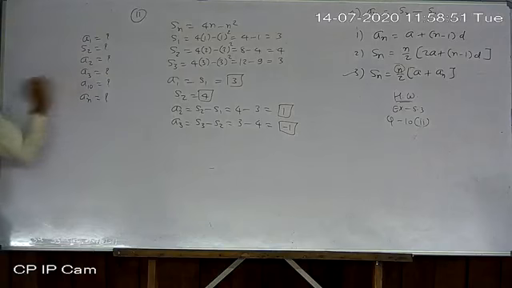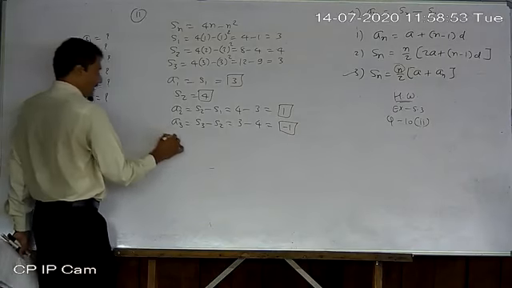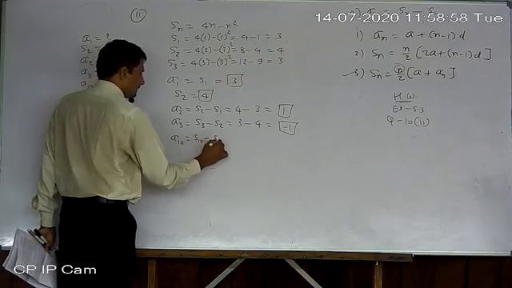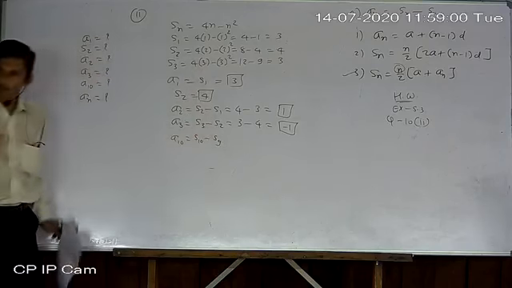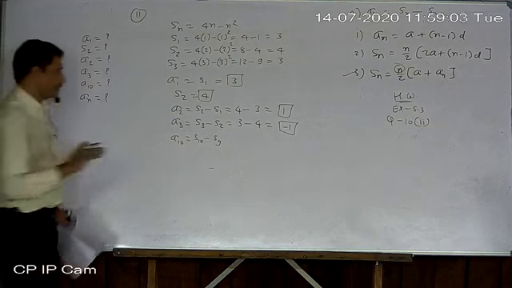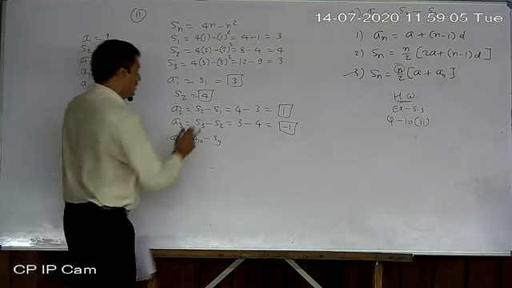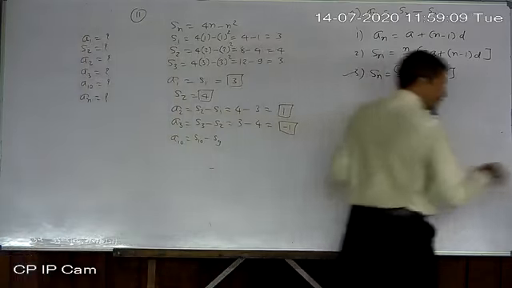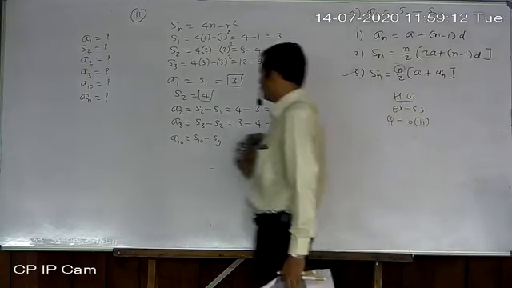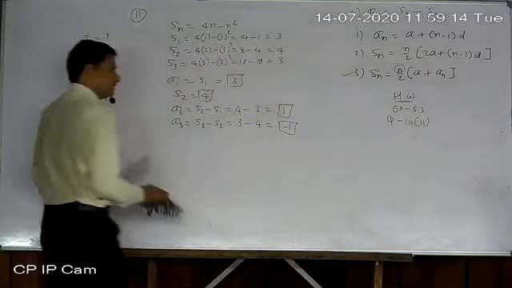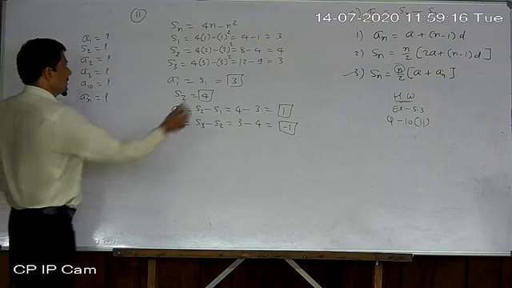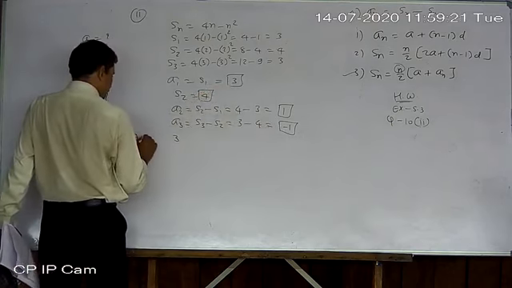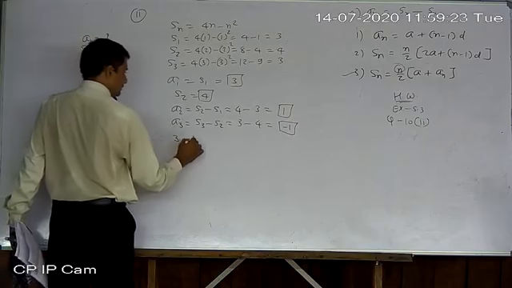Now A10. If you want to find A10, then you will have S10 minus S9, but we have not found S10 and S9. So instead of finding it that way, we can use arithmetic progression. If you have the initial 2 or 3 terms, then you have an arithmetic progression. So 3, 1, minus 1. So AP is formed now. Indirectly AP is formed. Look here.